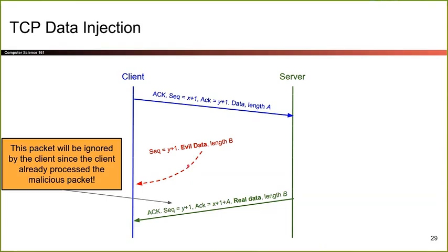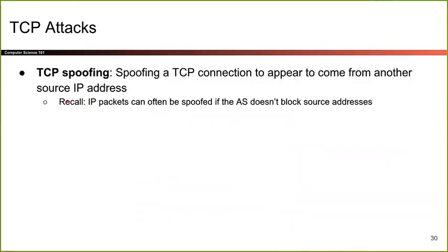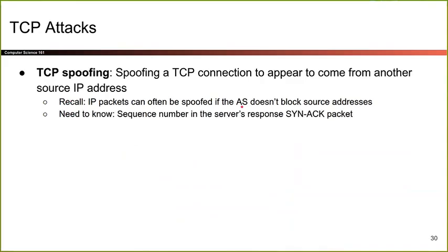Notice that this is spoofing, right? Because this red arrow here, the attacker is pretending that this is from the server. So if you look at the IP packet here, it will say from server. So they're spoofing who this is from. This is a spoofed packet, and if the spoofed packet shows up first to the client, the client will accept that. So that's injecting data. Again, this is spoofing because we're trying to fake the source IP address. We're saying this is from server, even though it's from the attacker. And we have to make sure that we're using an autonomous system that doesn't prevent spoofing.